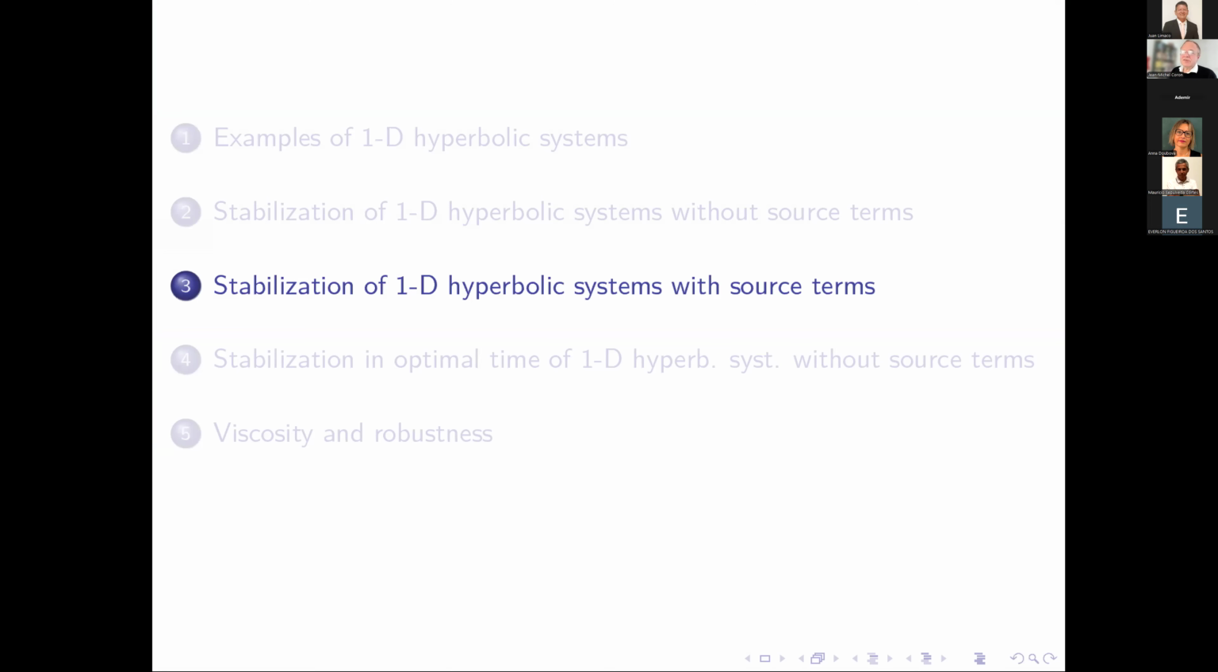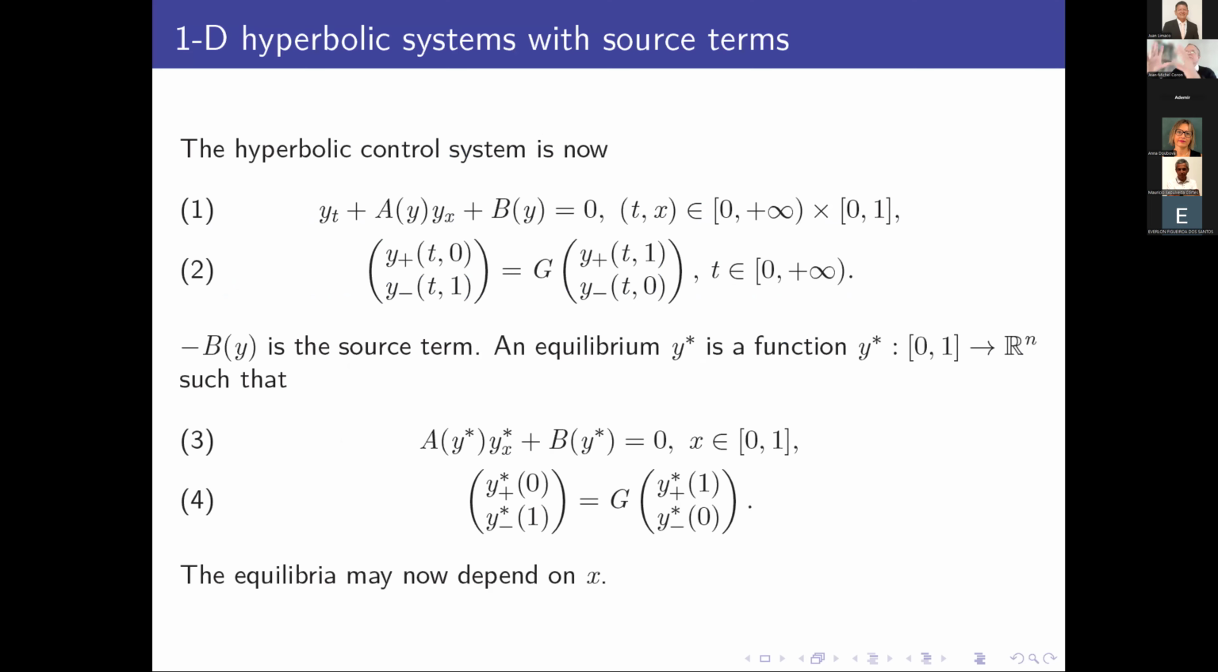Now we move to the case where there is a source term. So there is this b of y. You remember there was this b of y. So y_t plus a of y, y_x plus b of y is equal to 0. Again, where is the control? The control is on the boundary. You assume that what is going inside the domain is a function of what is going outside. And you assume also